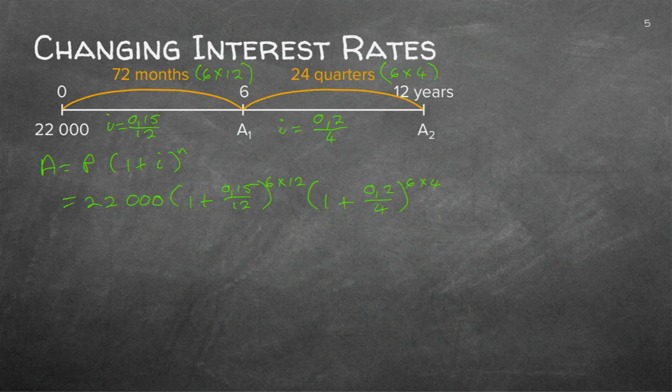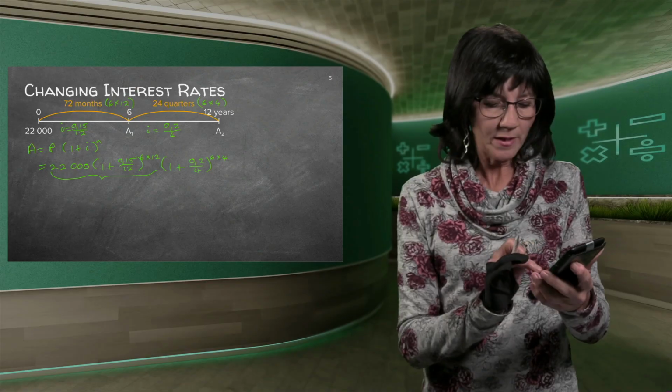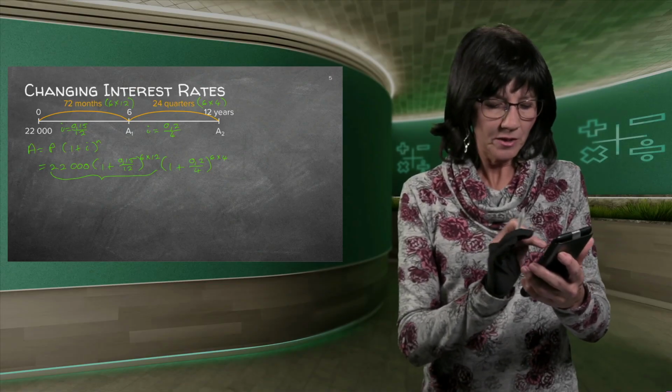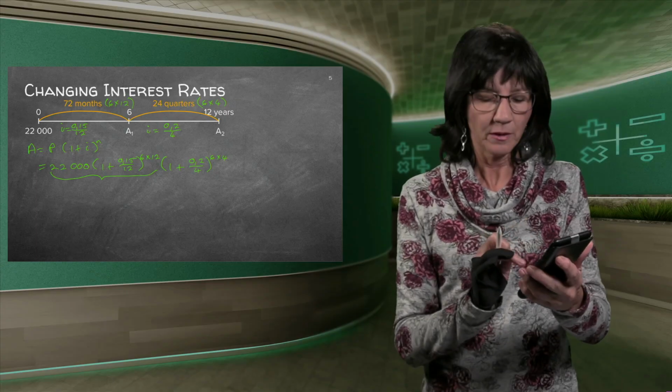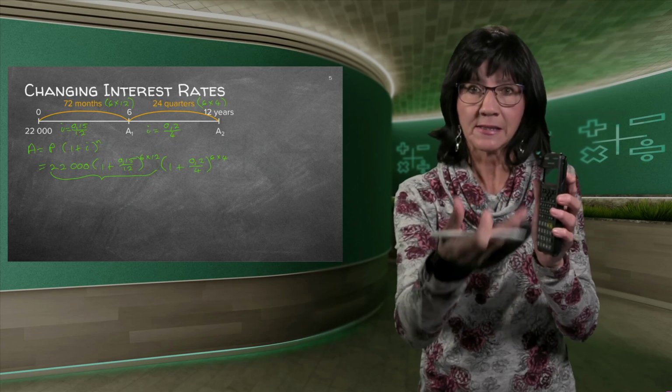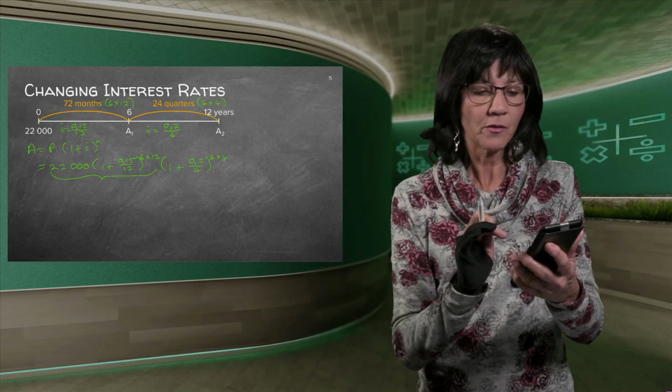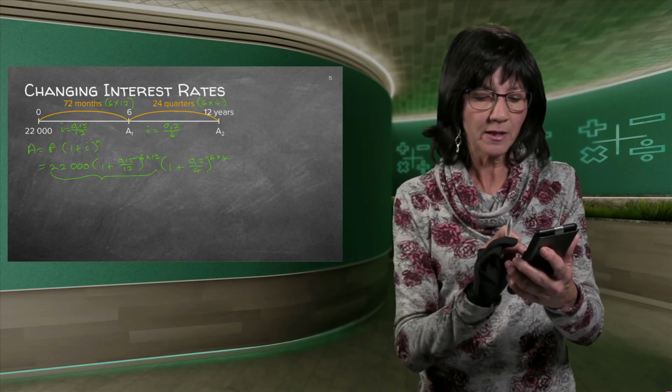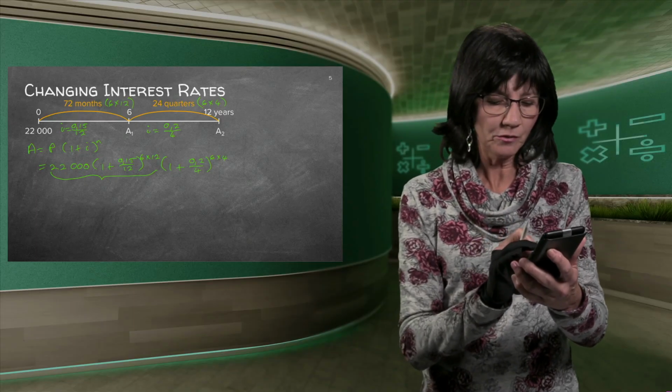And if you slot all of that into your calculator, remember now what it does. If you take this one's answer and you then multiply it with the new coach and the new interest rate, it's going to give you the same answer. So just do it all in one. You slot in 22,000, make sure of your zeros. 1 plus fraction 0.15 over 12. Check your display if it looks exactly the same as your writing. So I go to the right-hand side, close my bracket to the power of 72.